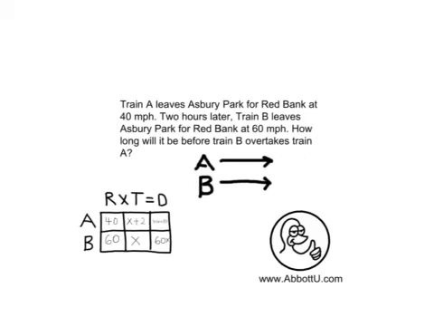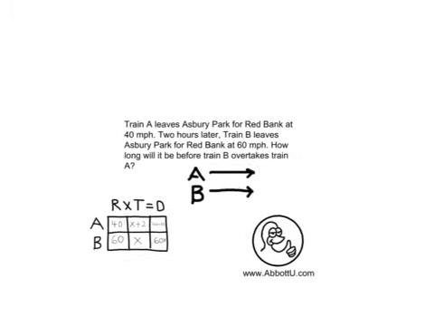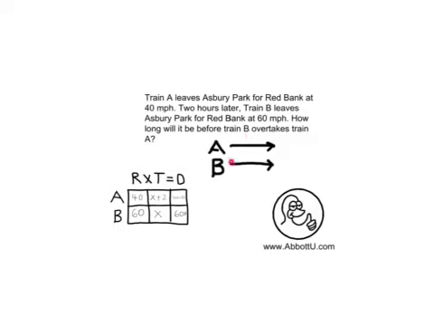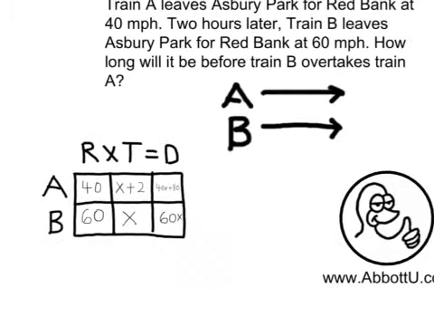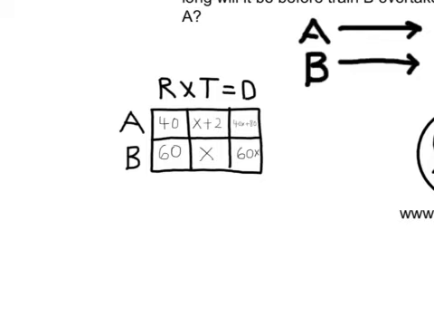And as you may recall, we know that the distance traveled by both of these trains is the same ultimately. So that means that this 40X plus 80 is equal to this 60X right here. That's very helpful information because at this point it's clear we can solve for X. And the way that we can solve for X is by setting up an algebraic equation. And that equation would be 40X plus 80